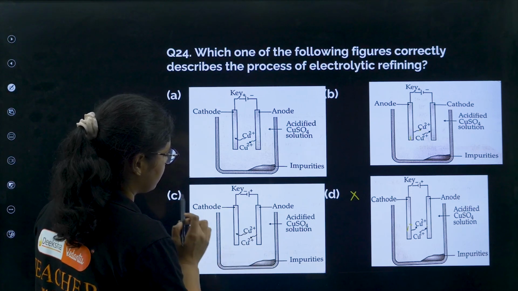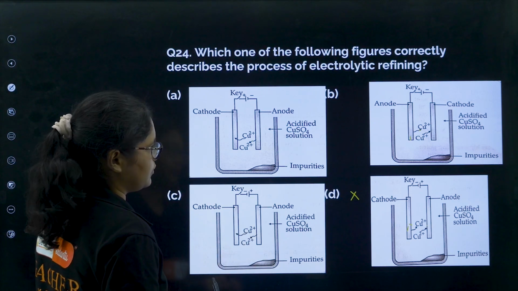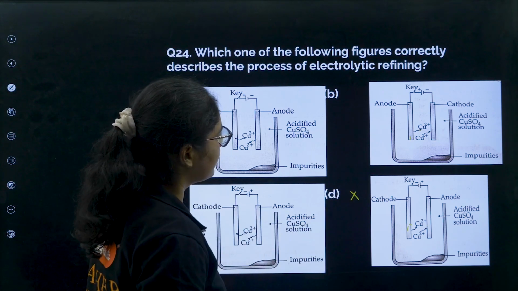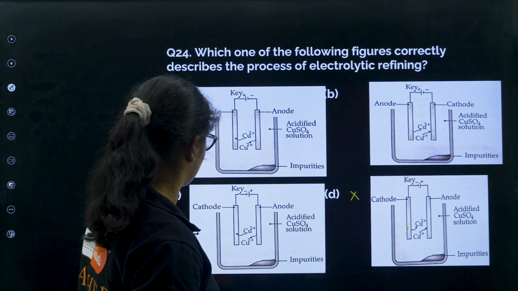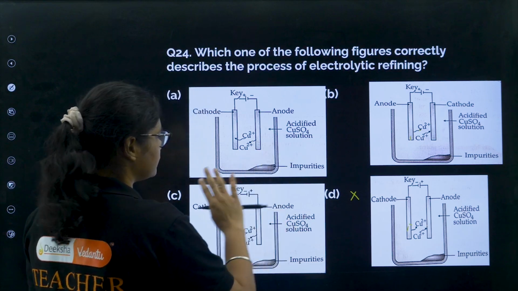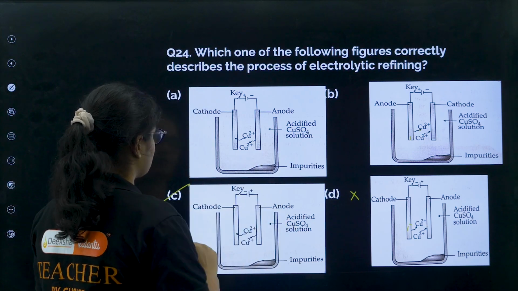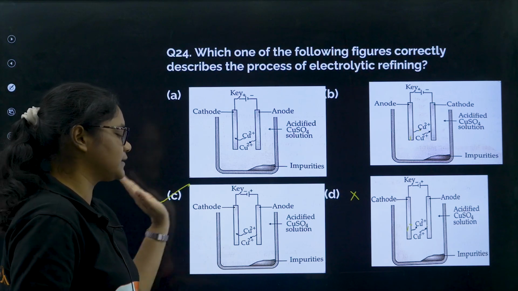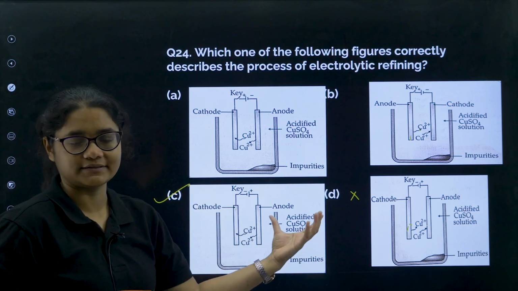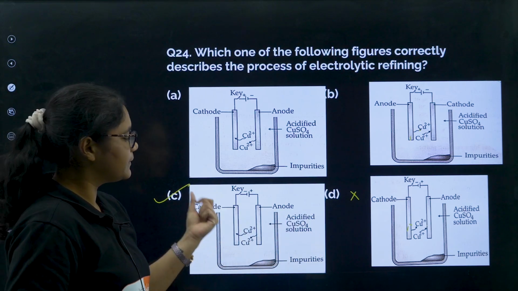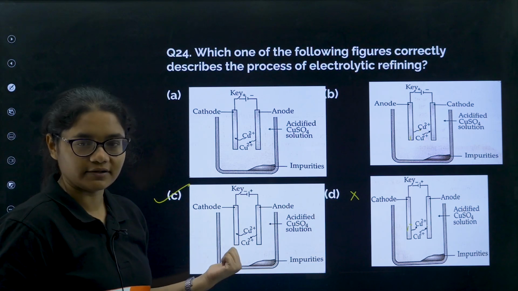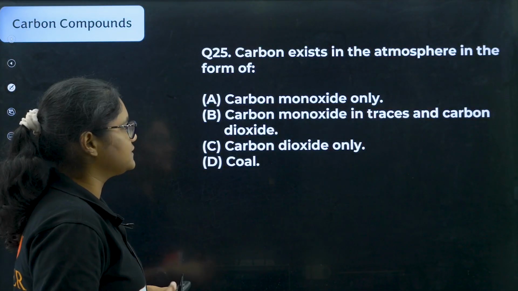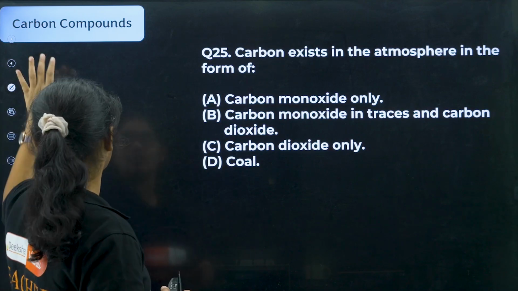there is deposition and from the anode there is release. Okay, these two diagrams are, I think both are correct. So both the diagrams can be the answer, but according to the book the answer was given C, and in the diagram that is given in your book also cathode is taken on the left hand side and anode is taken on the right hand side. So based on that you can say this as the answer. Okay. Next we have question number 25, carbon exists in the atmosphere in the form of,